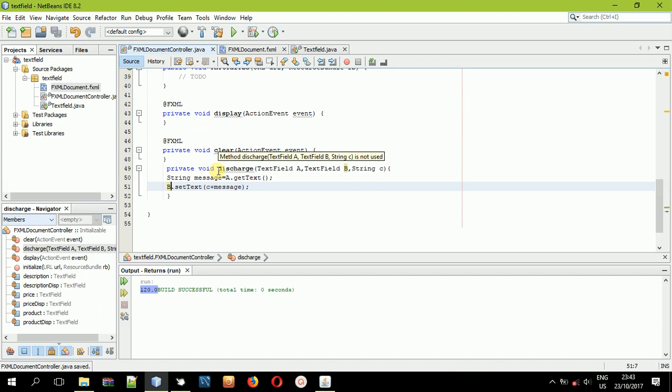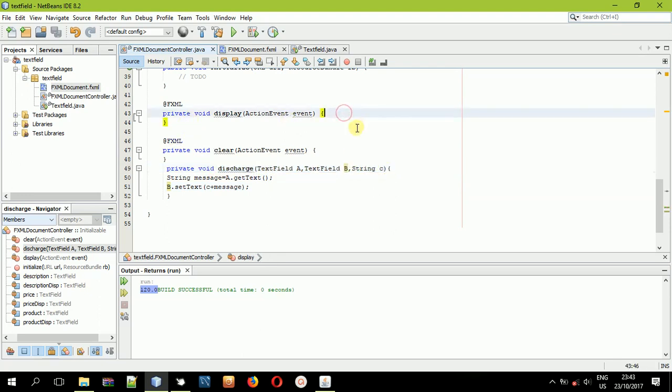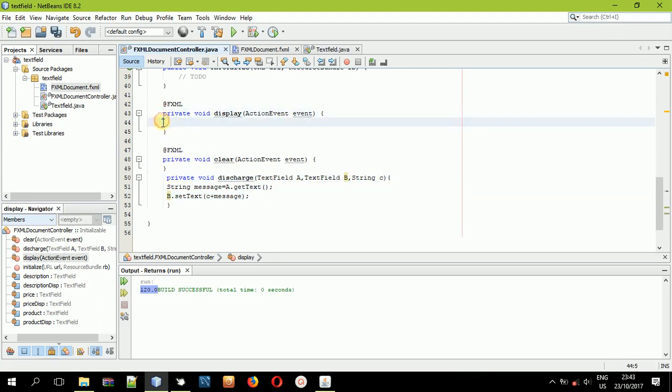Now that we have done that, let us see what we do have. Now copy this method name with parameters. So hope you have seen the tutorial about parameters. So this is just a more broader view of viewing these things. So the first text field will be product, the one that takes the product name. The second text field will be product list, the one that displays on the right hand side. And the third string is the message, the string value that you want, like product